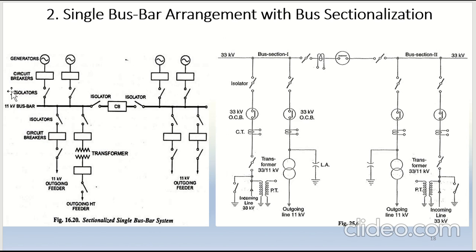The second one is single bus bar arrangement with bus sectionalization. In this arrangement, here again there is a single bus bar, but now this bus is divided into two parts or two sections. That is why the name, with bus sectionalization. There is a circuit breaker which is connected between the two parts of the single bus, and therefore there